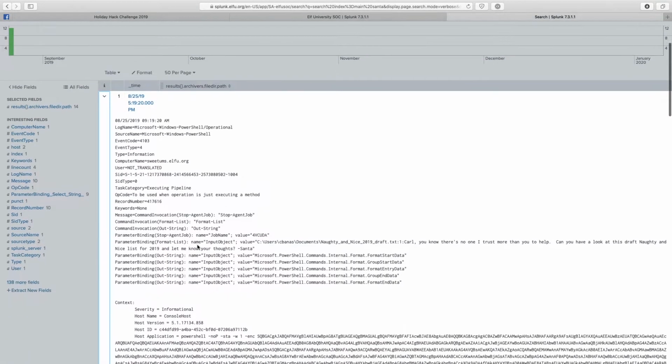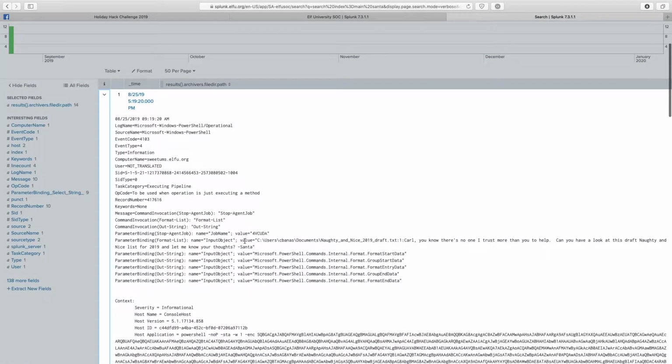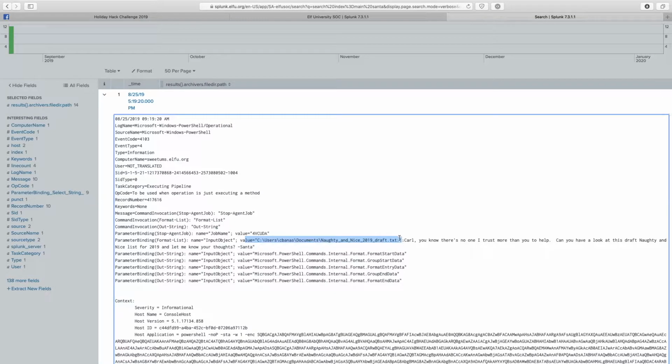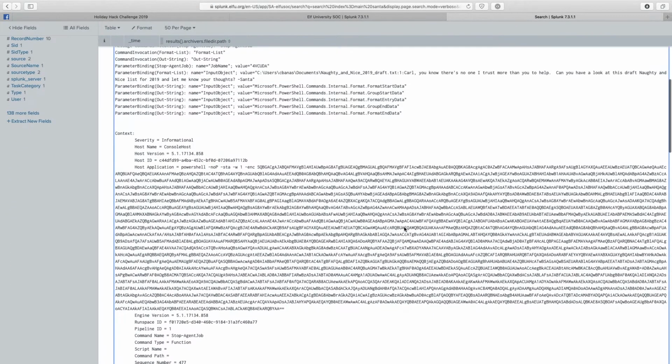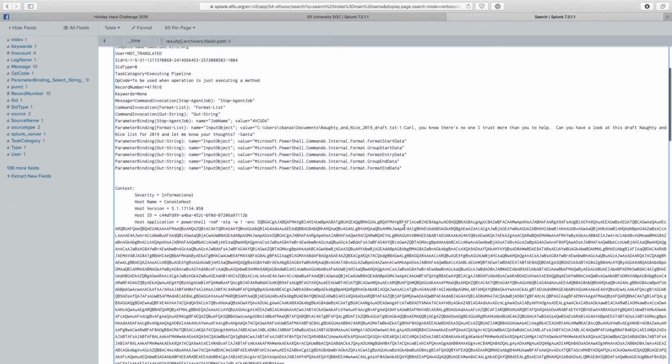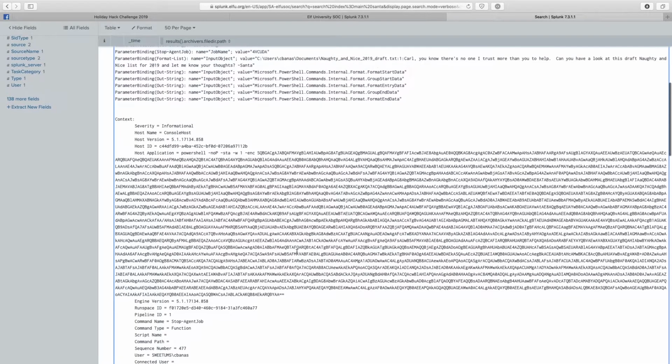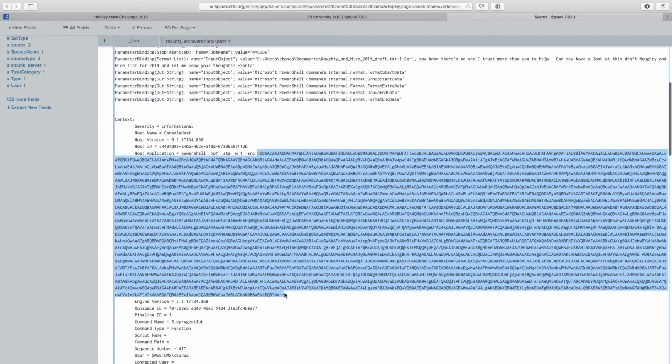The first result is where we have the following entry, which is a document named Naughty and Nice 2019 draft.txt and a message to Carl. And that's what we need. It's also interesting, actually, now that I scroll down, there's some encoded PowerShell here. So maybe